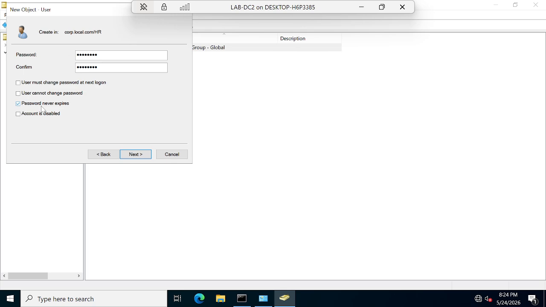Password never expires, but in a real-time scenario never mention this password never expires. These things we should not change, cannot change password. These things we will not keep. We have to select user must change password at next logon. So here I am selecting password never expires, and